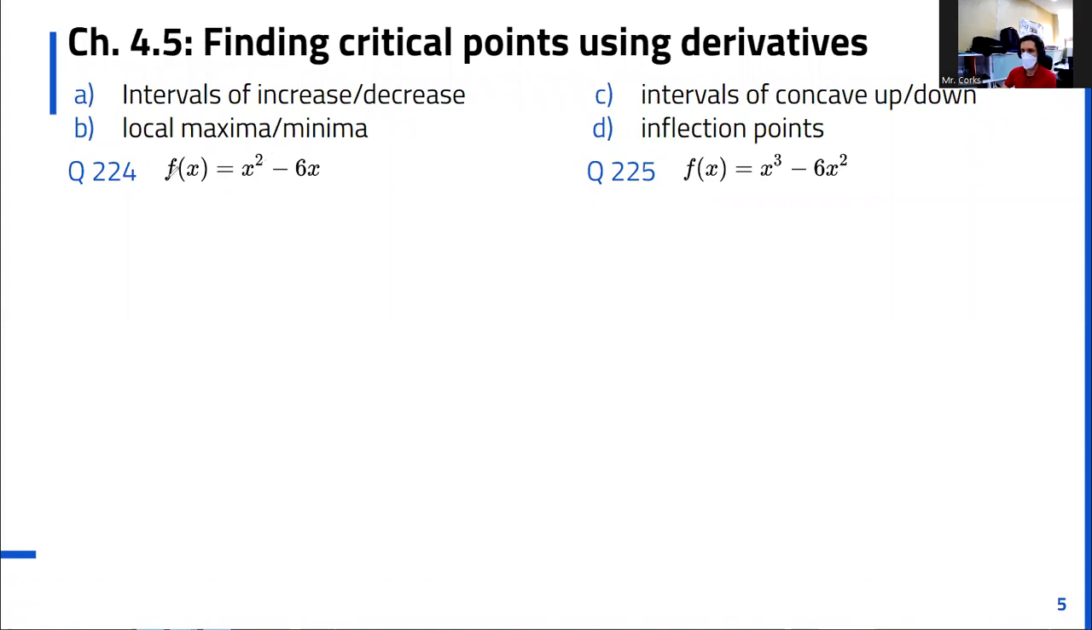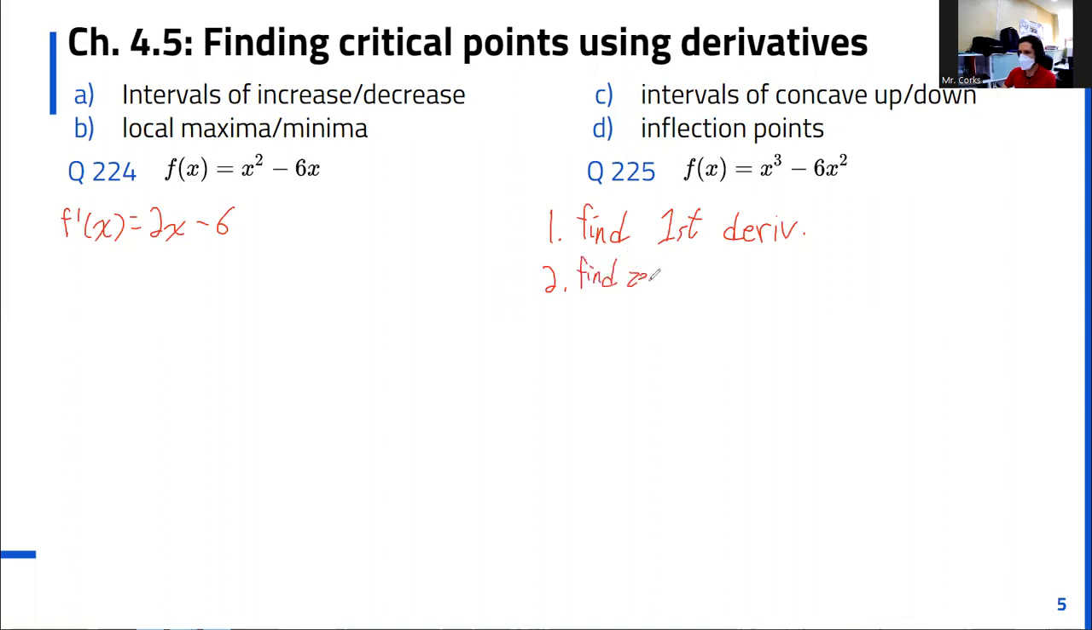Okay, first one. So our process here, just so we remember, number 1, find the first derivative. All right, first derivative here is just f prime of x: x squared turns into 2x, and 6x turns into -6. All right, step number 2 is to